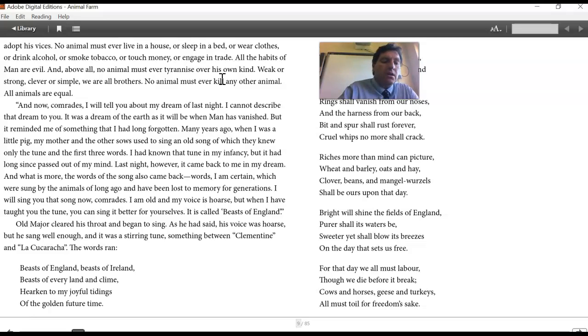Now therefore, he's also arguing that there is a kind of spiritual essence to all of this. There's a kind of foreshadowing. It's the natural way things should be. So he gets them all singing